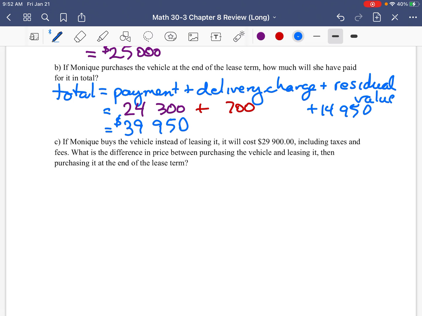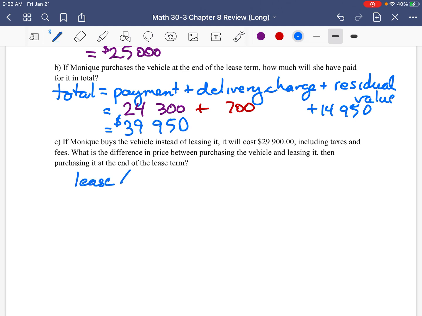Now, last question. Good. My apologies. Question C. Answer the question, Mr. Sutton. If Monique buys the vehicle instead of leasing it, it will cost $29,900, including taxes and fees. What's the difference in price between purchasing the vehicle and leasing it then purchasing it at the end of the term? Well,